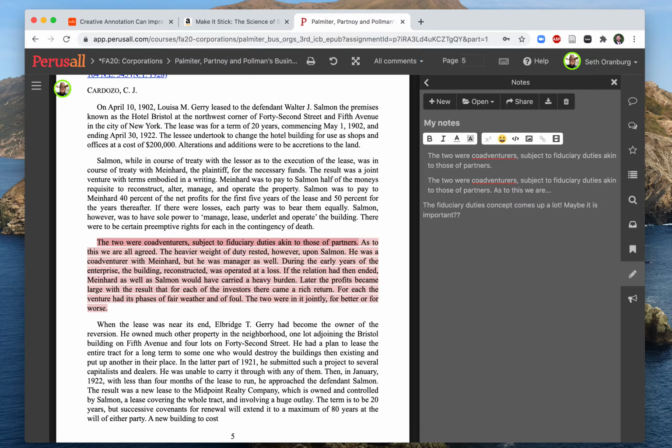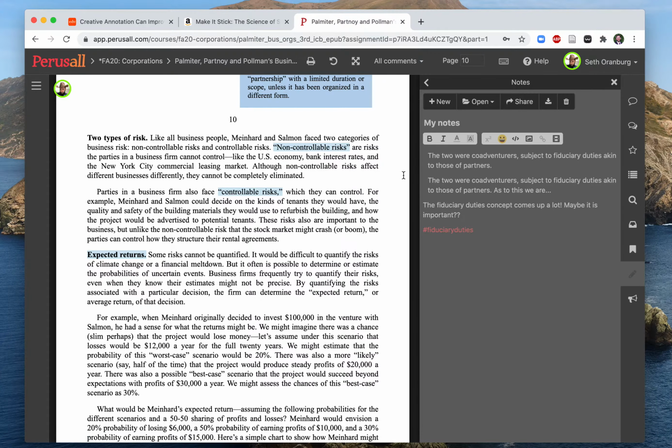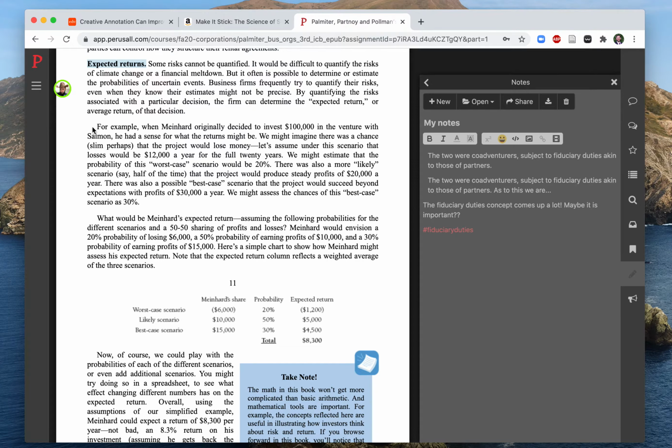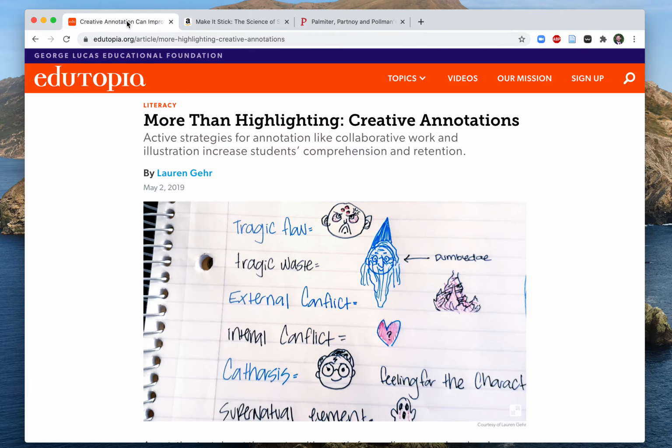Now, just a reminder, we're going to try to use the conversations tools because that also provides access to the rest of the class as to what those comments were, and so you can participate in there. But just to briefly recap, yes, you can highlight using Perusall. Yes, those highlights can be made private to you. And yes, if you wanted to, you could open the note-taking app and just highlight large blocks of text like this. That's still doable, but I want you to at least consider before you go ahead and use that technique,